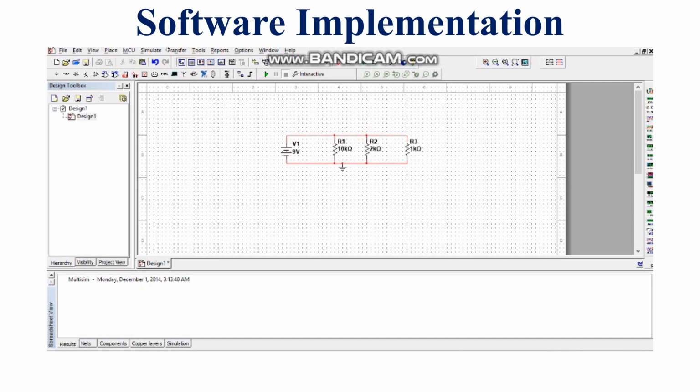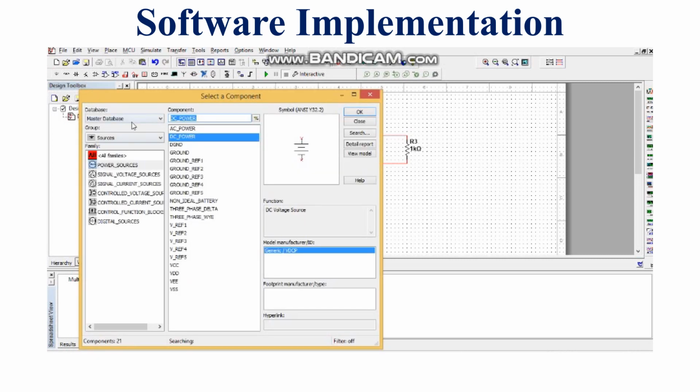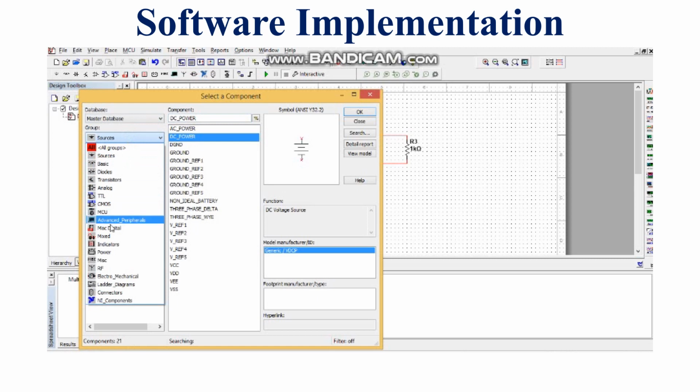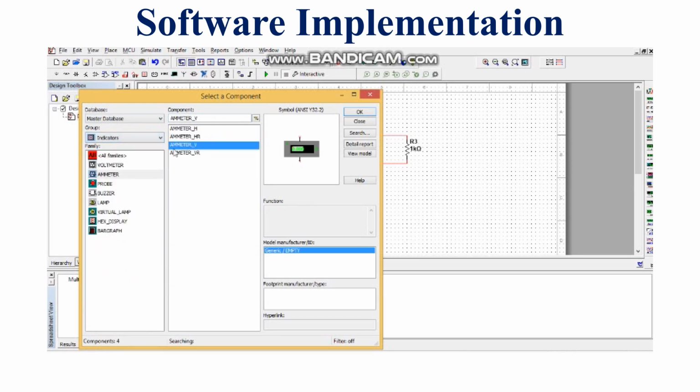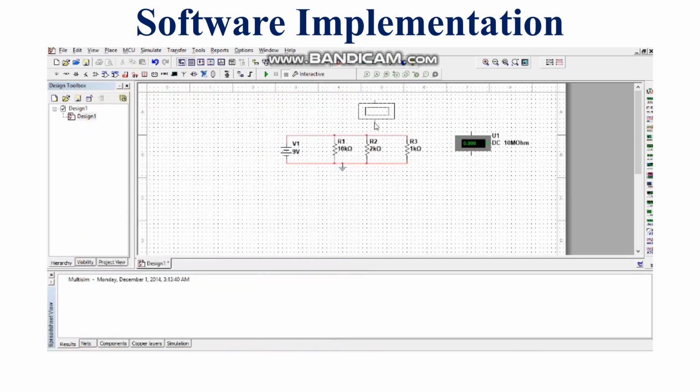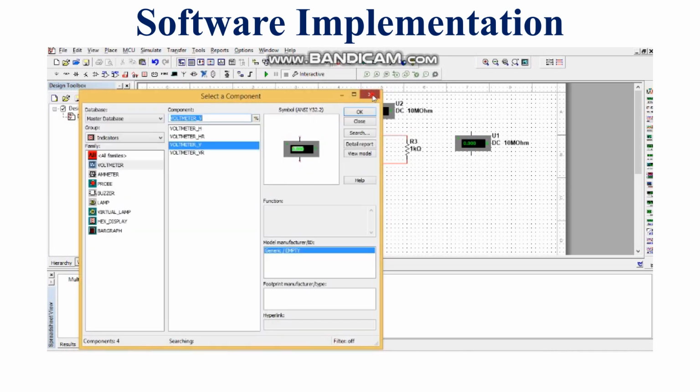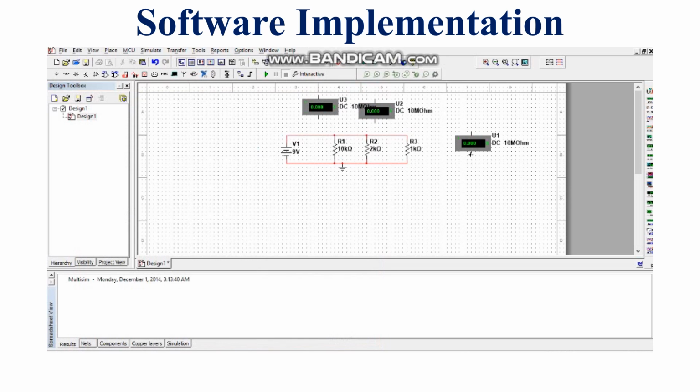Next step is the movement towards this, select component block, then choose the indicator, then move towards the voltmeter block. So we need 3 voltmeters basically for the measurement of voltage across 3 resistances. So we will pick these 3 voltmeters, connect these voltmeters in a parallel fashion with all these resistances.